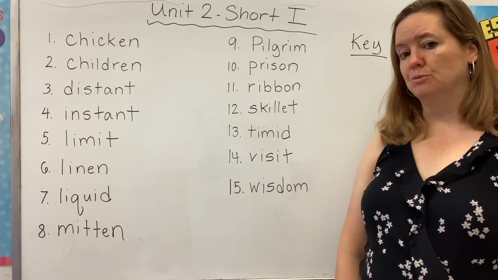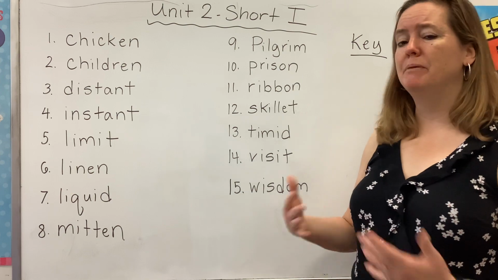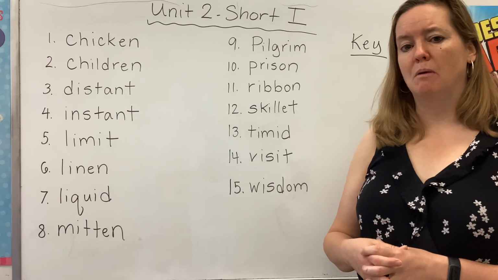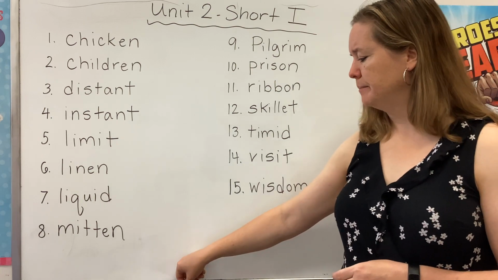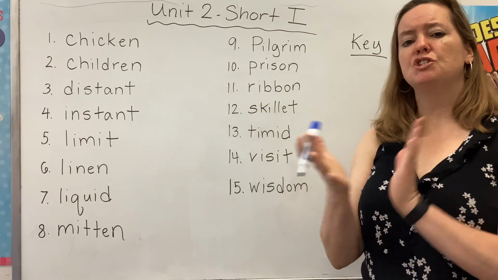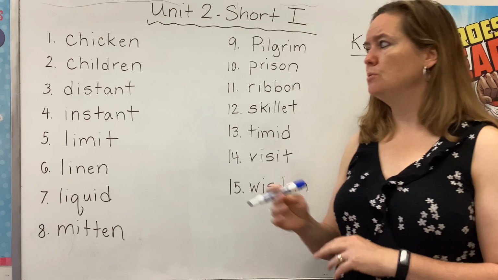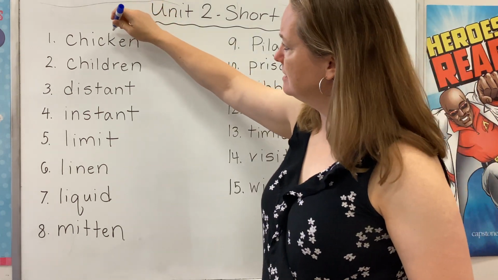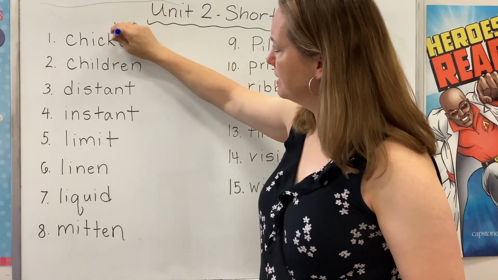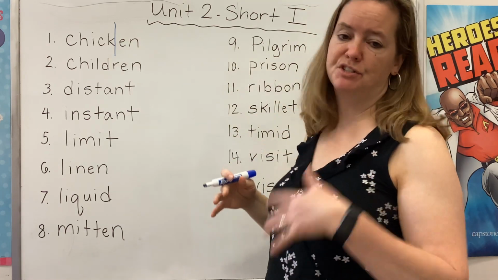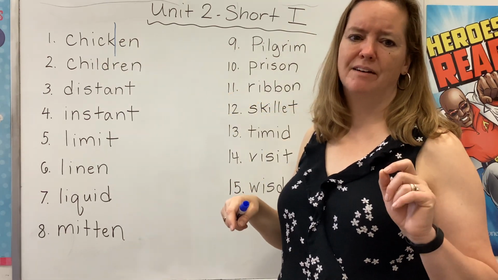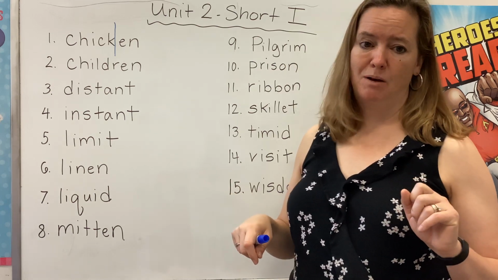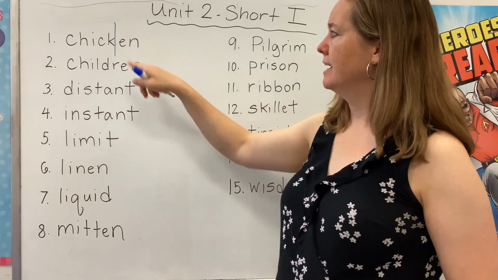So just like last week, we're going to start by taking our bigger words and breaking them into smaller chunks called syllables. So choose a color, and the word chicken has 2 syllables. We're going to slice it right after the K. Not between the C and the K, because that's a digraph. They work together to make one sound. So we have chick-en,